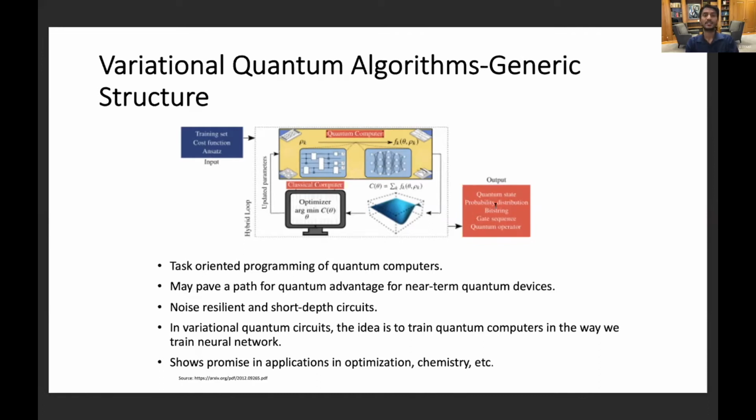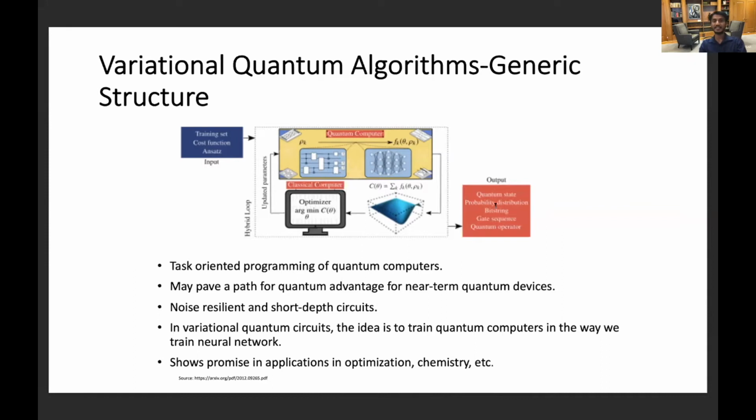quite nice because in the near term, these variational algorithms provide the best hope for us to achieve what is called a quantum advantage. That is, by taking a concrete example, where we can show that quantum computers do actually outperform the best classical computers that we have so far. So these are the best hope for us to show quantum advantage.